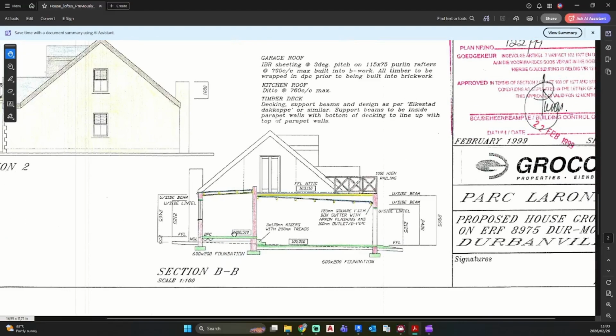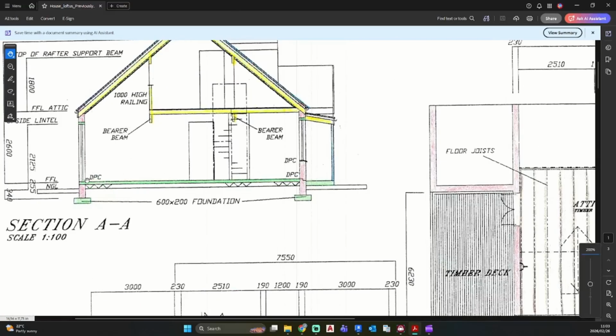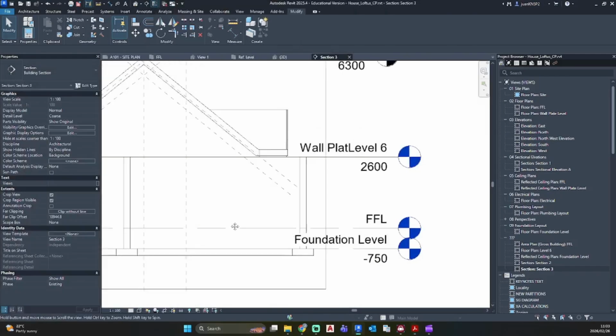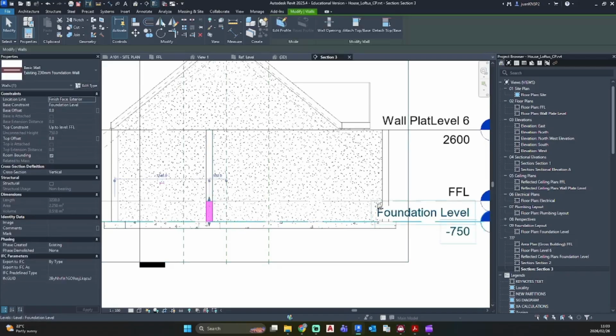If we can check that number 100,510, and I'm going to go to this section. I don't see, we only see a FFL. Let's check this floor plan. Okay, so everything here is on one floor. There's no line indicating a change in height, but we have steps in our garage. So that means our foundation on this section will need to be adjusted and placed lower. So if we look at our section, this and this is lower, so we will need to sort that out